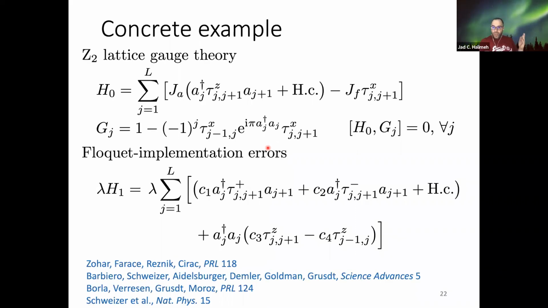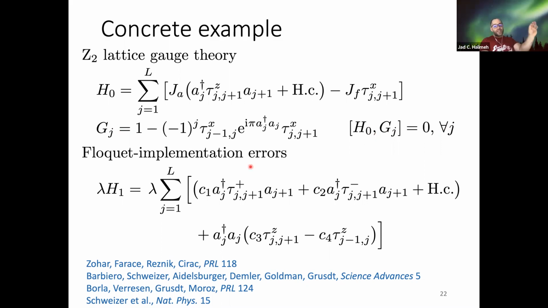Let us take a simpler gauge theory. So the gauge theory that I showed you earlier, the local generator has 4 different possible values or eigenvalues that it can take. Let's take something similar. So let's focus on the Z2 gauge theory. Here, again, we have this assisted tunneling term or assisted creation term, but now in terms of hardcore bosons. So the matter fields are modeled by hardcore bosons, and the gauge field is a Pauli matrix, tau Z. Your electric field is tau X. These are just details, but basically Gauss's law takes on the following form. So G_j can only have 2 values, 0 or 2. And of course, H0 is gauge invariant according to this relation.